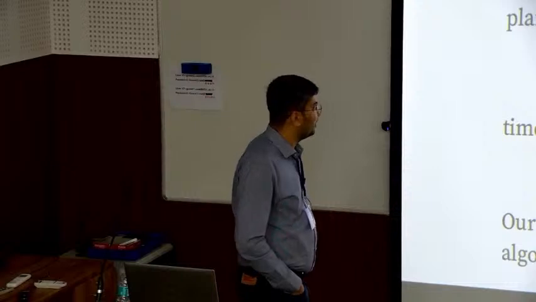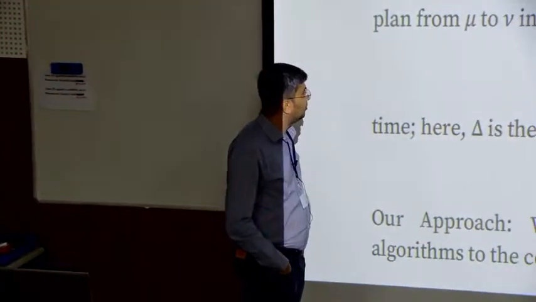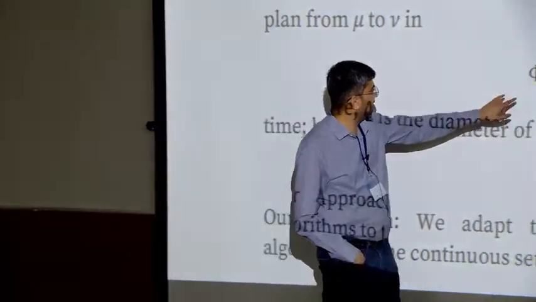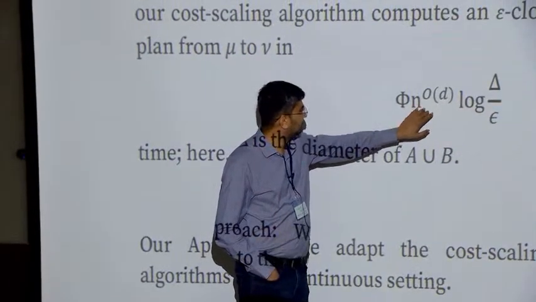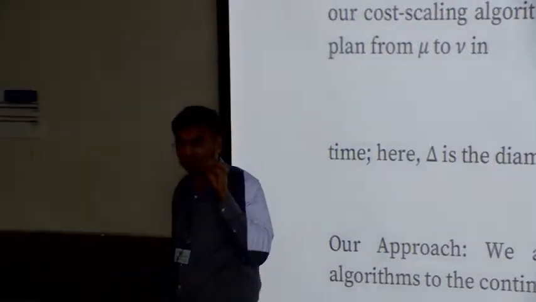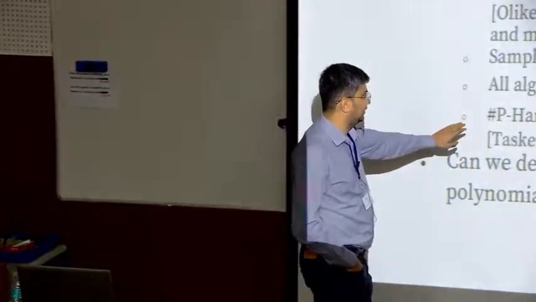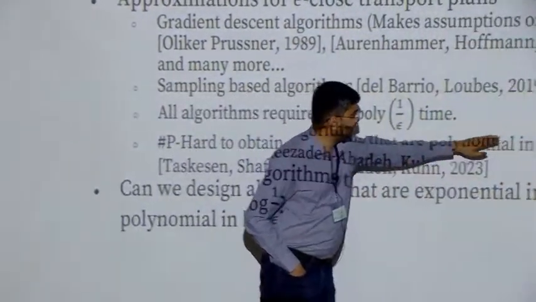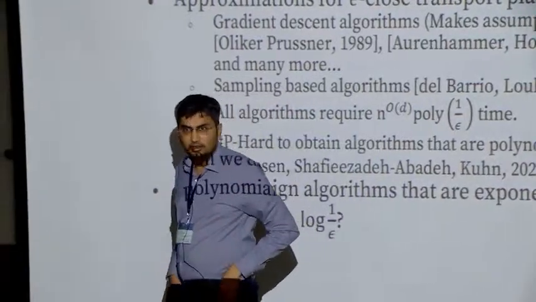So if we are willing to make assumptions on mu, I think you can. There is hope that you can get this down to something like constant to the d times n, but d in the exponent cannot go away, at least if you want polynomial time algorithms, because there's some hardness result that says you cannot get algorithms that are polynomial in both d and log 1/epsilon. So in the worst case, yes, I agree.